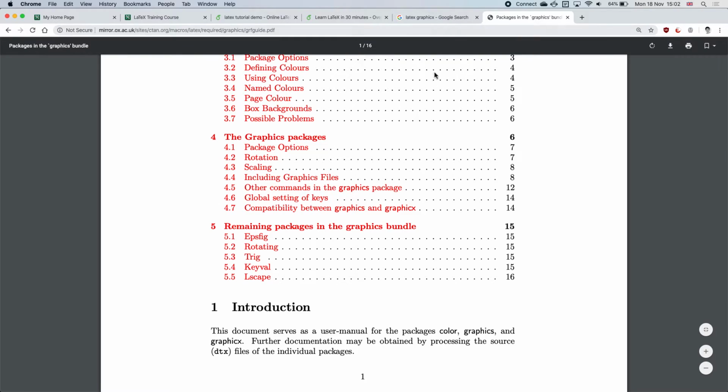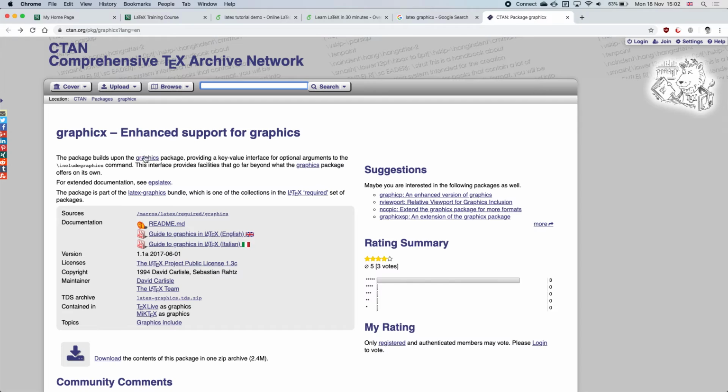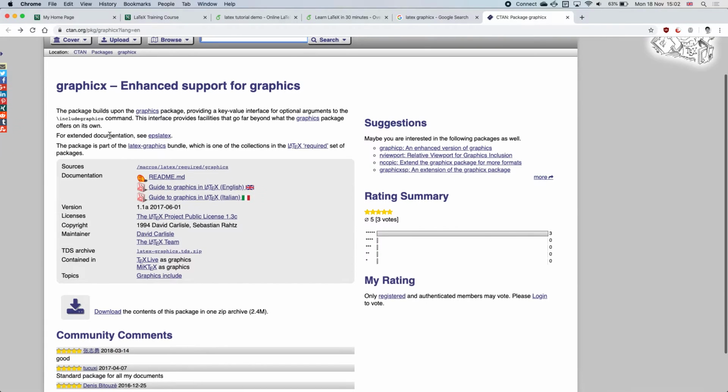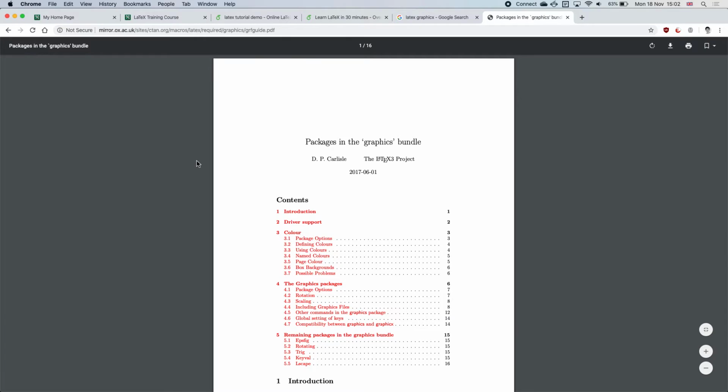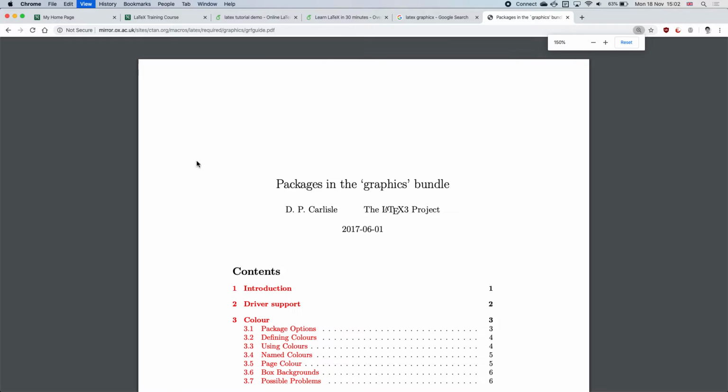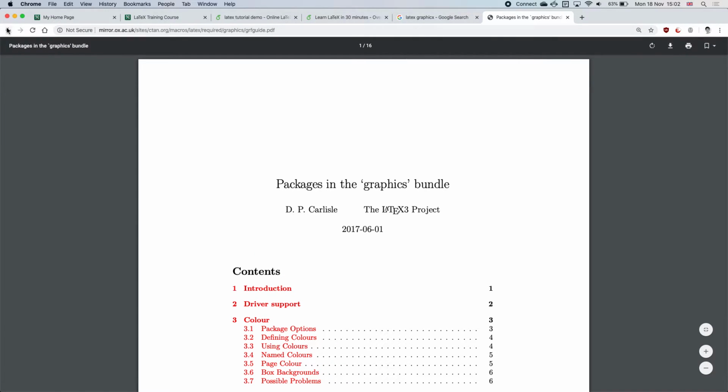I think you should go back and ask what's going on. This is an X. This package builds on the graphics package, and the interface provides facilities that go far beyond what the graphics package can do. This is a document about the S. Ah, that's interesting. There you go. I think you should ask Overleaf. But even for CTAN, they think this is a